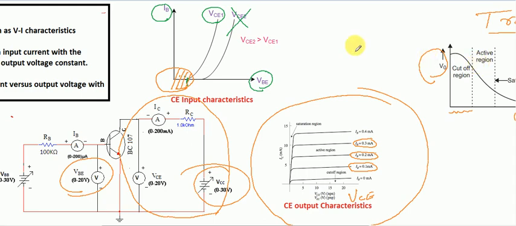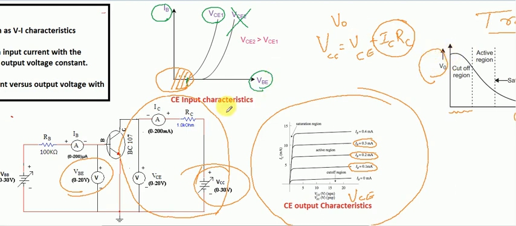Now, there's an equation. We know that VCC is equal to VCE plus ICRC. So when the input voltage is very low, the transistor is in the cut-off state. It is not allowing any current to flow through. Therefore, IC will be 0. So VCE, the output, will be just equal to VCC. Here it is mentioned as VO, whatever it is. So it's constant.